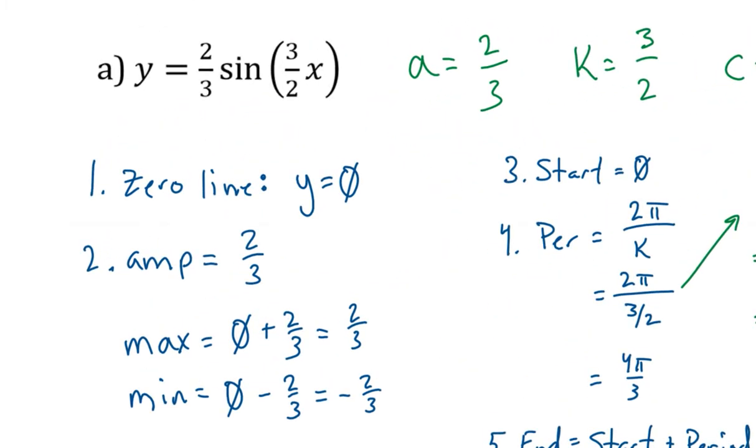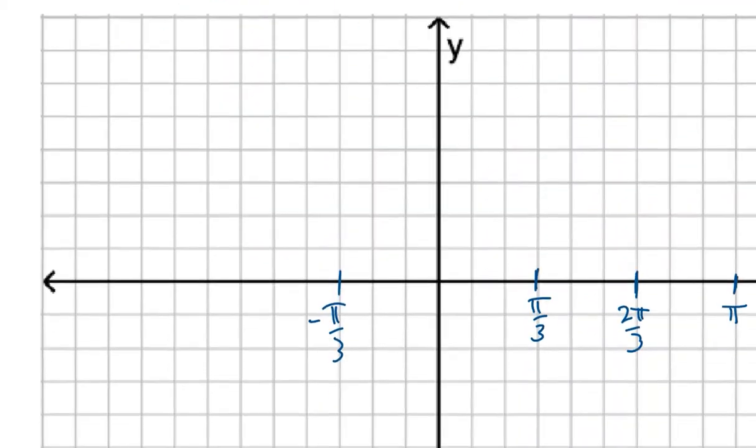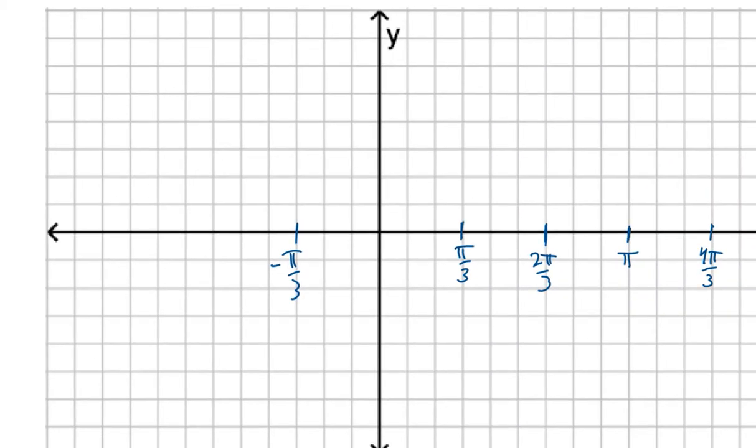So my vertical scale has to count by thirds because it's 2 over 3. I could make 1/3 2 squares. I think that would fit in this case. 1/3, 2/3, 3/3, which is 1, so I could do that. I'm not going to because I wonder if that's going to be a bit confusing for people. That would stretch this graph out a little bit more nicely, but I'm just going to go 1/3, 2/3, 3/3,